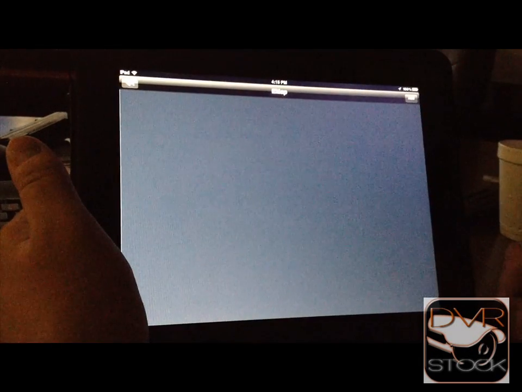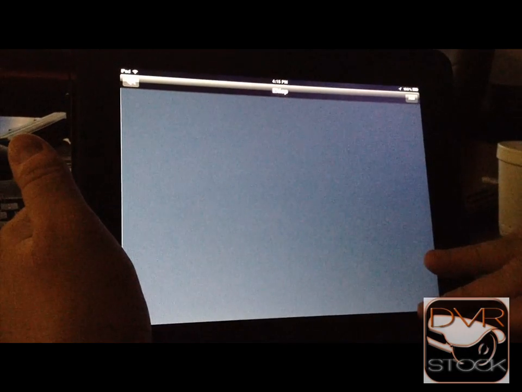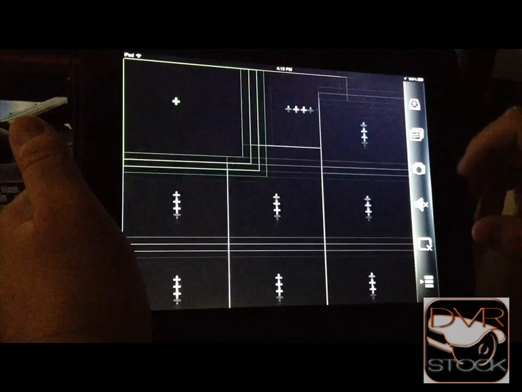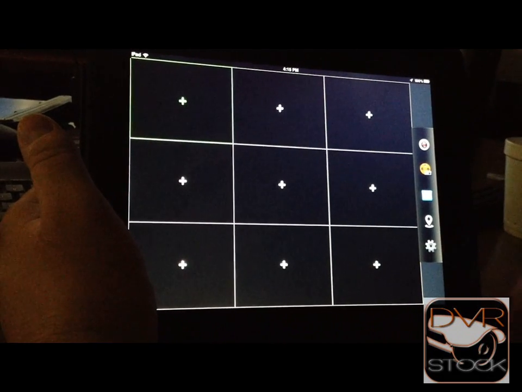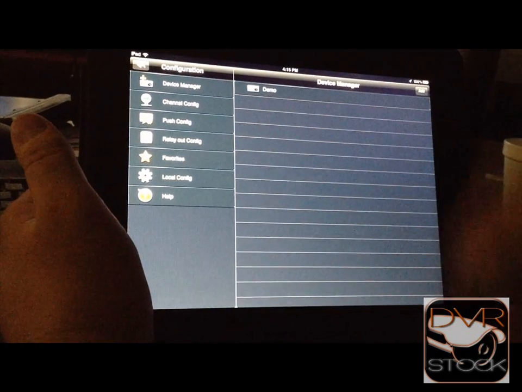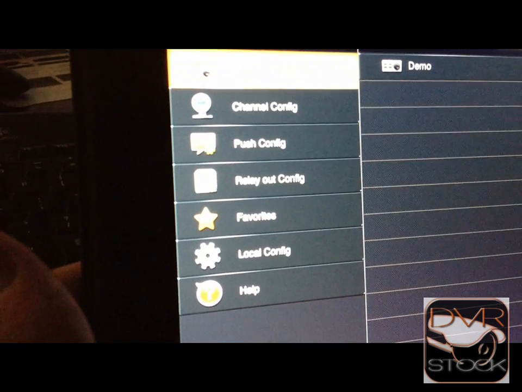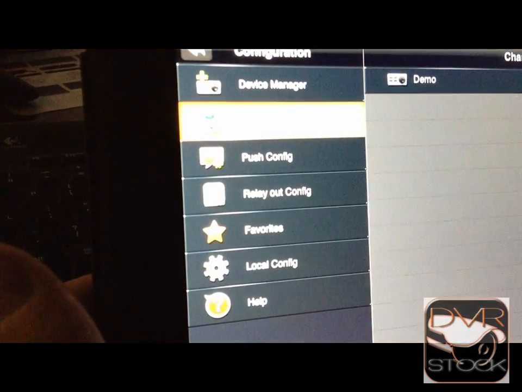And what's this one? That's the EMAP. We haven't added one for the demo yet, but you can add your own custom map. And last but not least, your general settings. So here's all the different, you can do your device manager. It's kind of like HDCMS where you add a whole bunch of sites. Channel configurator. This is where you